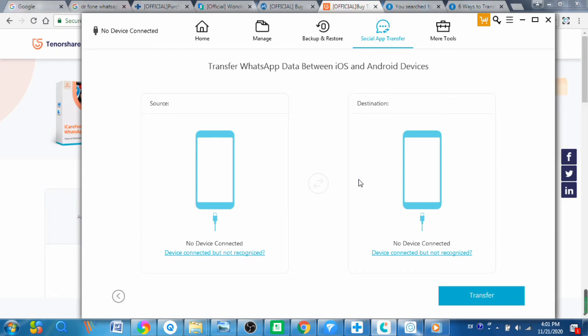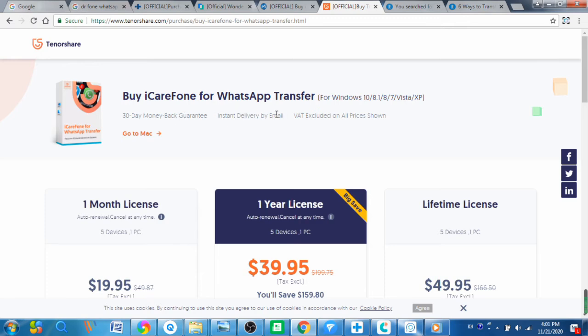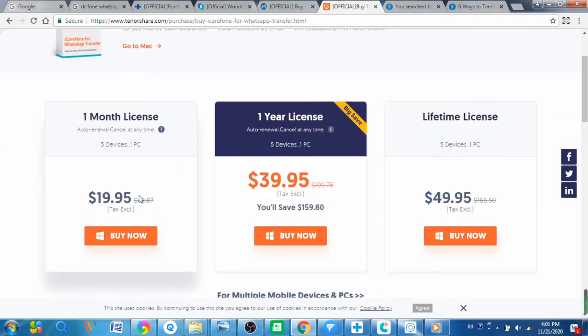between Android and iPhone. Similarly, this software is also not free to use. Due to the process, you need to get the license to finish transferring WhatsApp messages from iPhone to Android. For the iPhone WhatsApp transfer, the price for 1 month is $19.95. Please note that for this software, if you choose the 1 month license, you need to cancel the auto renewal before it is charged once again. For a 1 year license, it will cost you